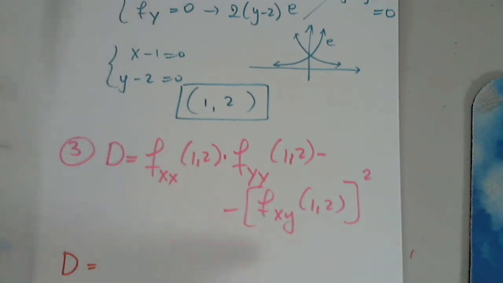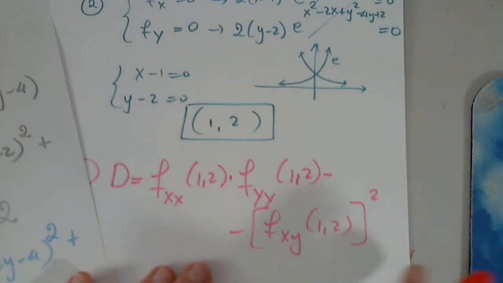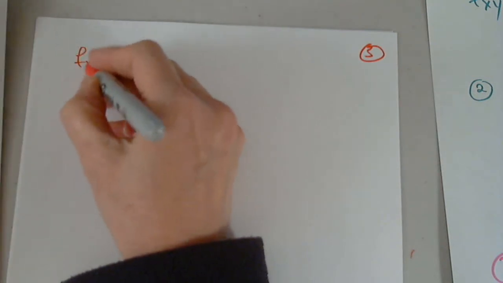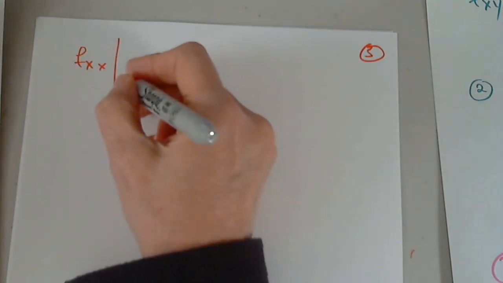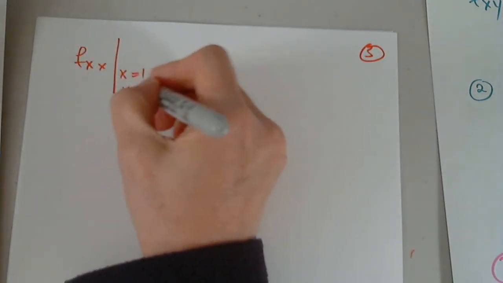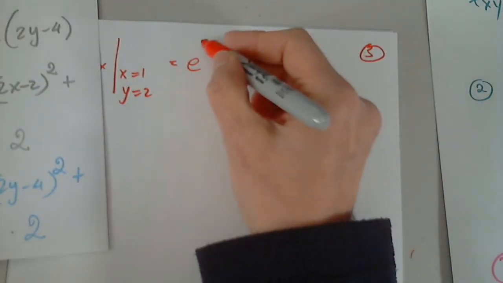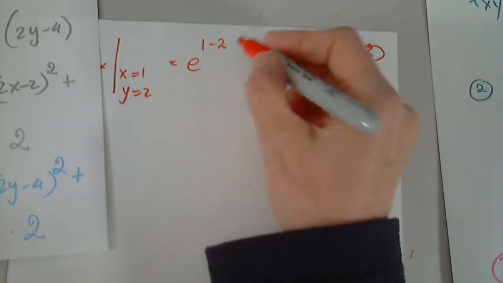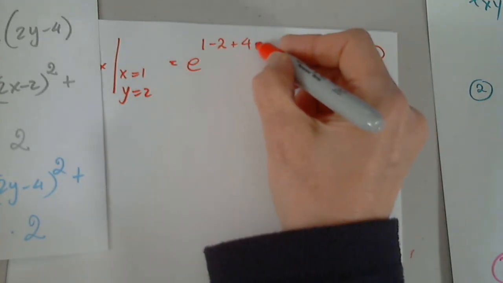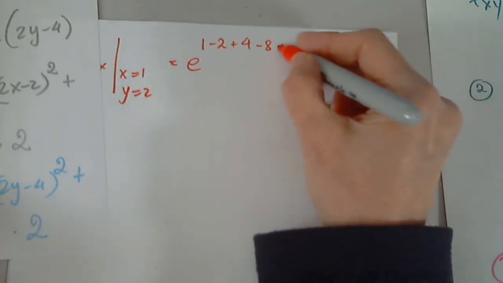And 1, 2. I'm gonna come back to this. I need to calculate it separately. I may need more room, so I don't want to squeeze it in there. So I want to find fxx evaluated when x is 1 and y is 2. Okay. So e, 2, 1 minus 2 plus 4 minus 8 and plus 2